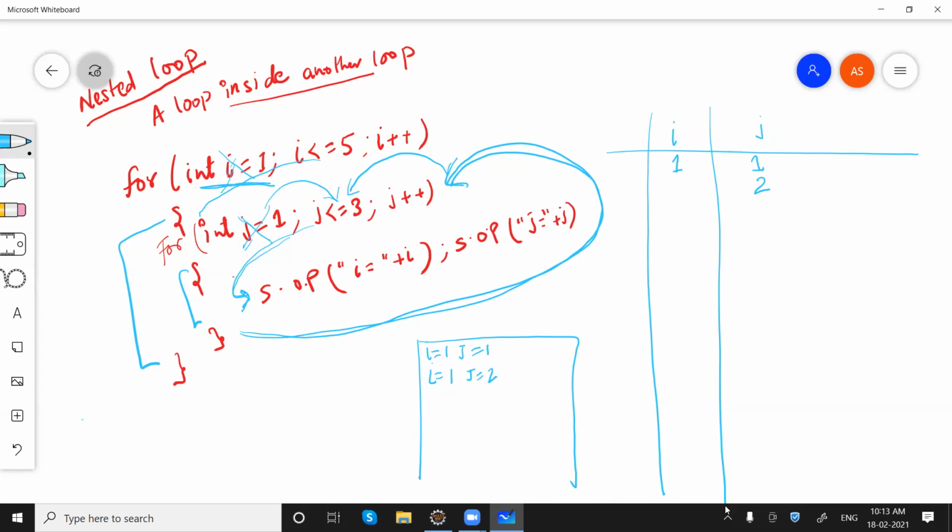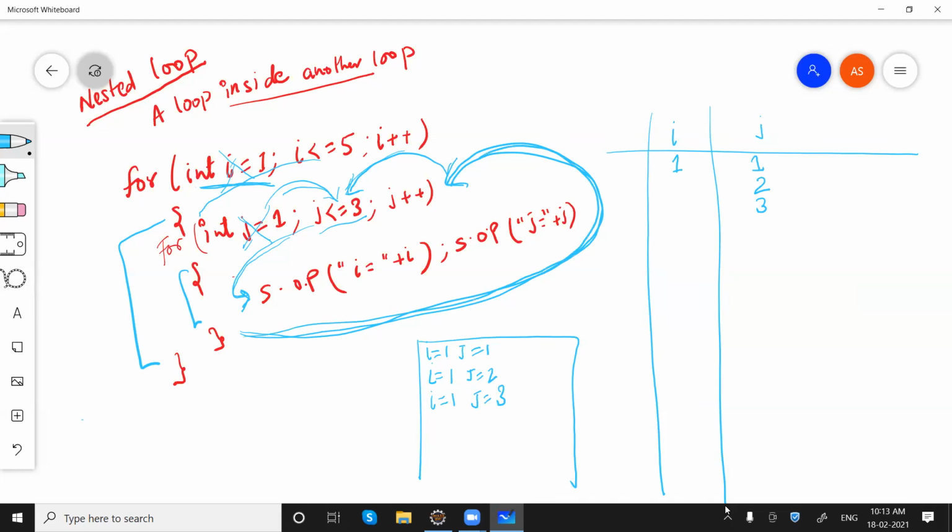Okay, now again we'll go back. We'll do j++. j will become 3. Now we will check if j is less than or equal to 3. Yes, it is. Then go inside and print the value of i and j. So i is still 1 and j is now 3.